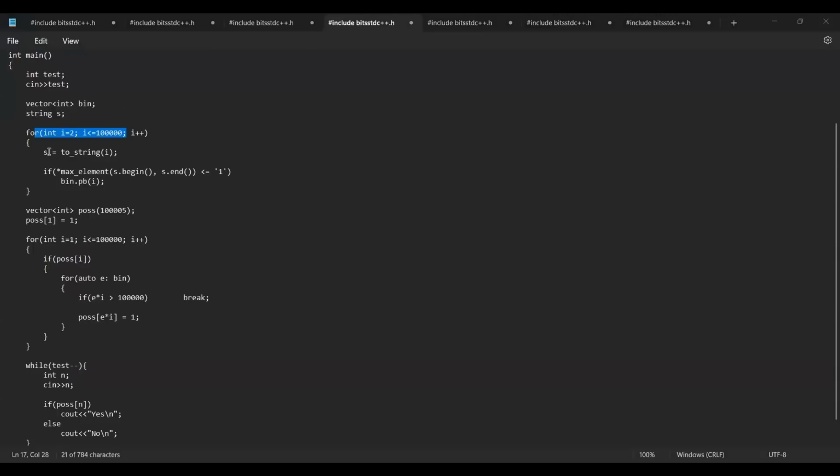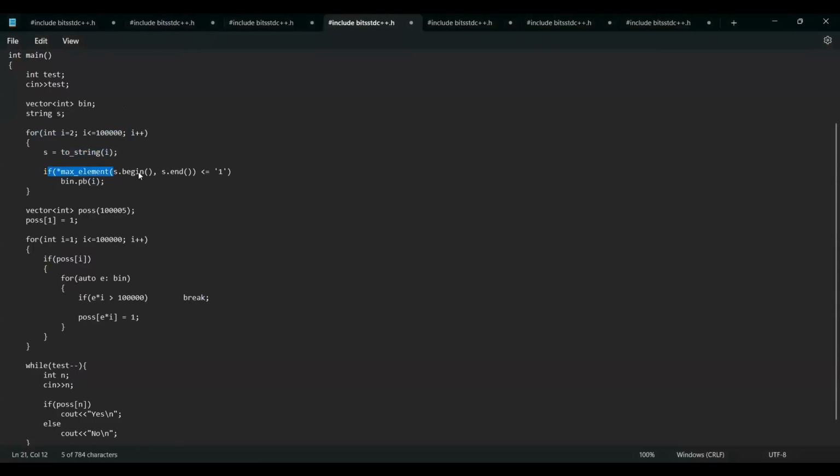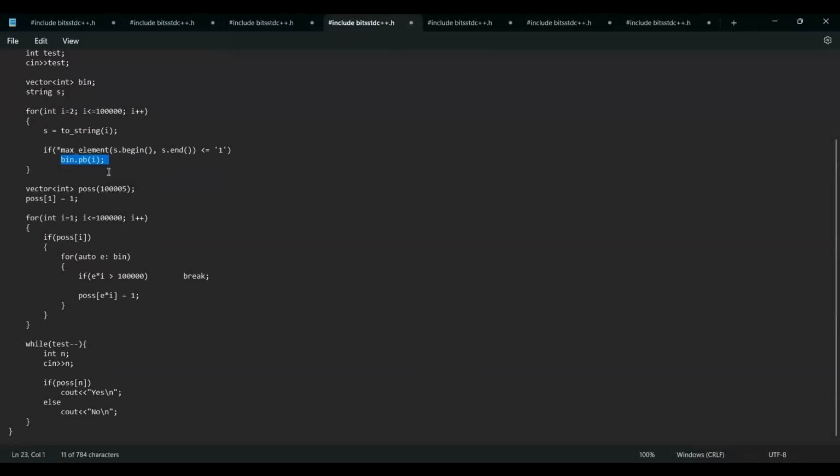There are many ways to do this. You can iterate over the digits, but what I have done is convert it to a string and check the maximum character in the string. If it is less than or equal to 1, it means that the integer i is a binary decimal, so insert it in this vector. Once I have this, I'm creating